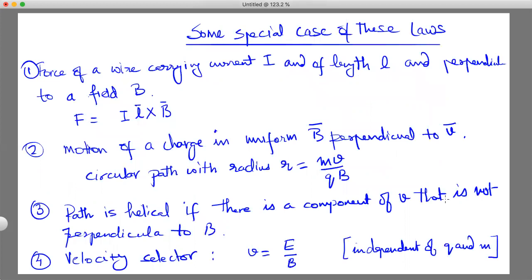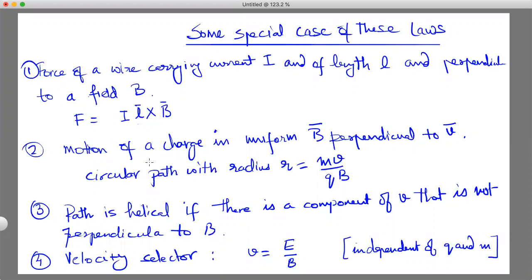Okay, now based on these three fundamental rules that we study in this chapter, there are multiple applications of this in different cases. Okay, so one is the force on a wire carrying current I of the length L that we will consider, right, and perpendicular to the field B. Okay, the force in this case is given by I, and then the cross product of the length vector and the B vector, okay. So this comes straight from the